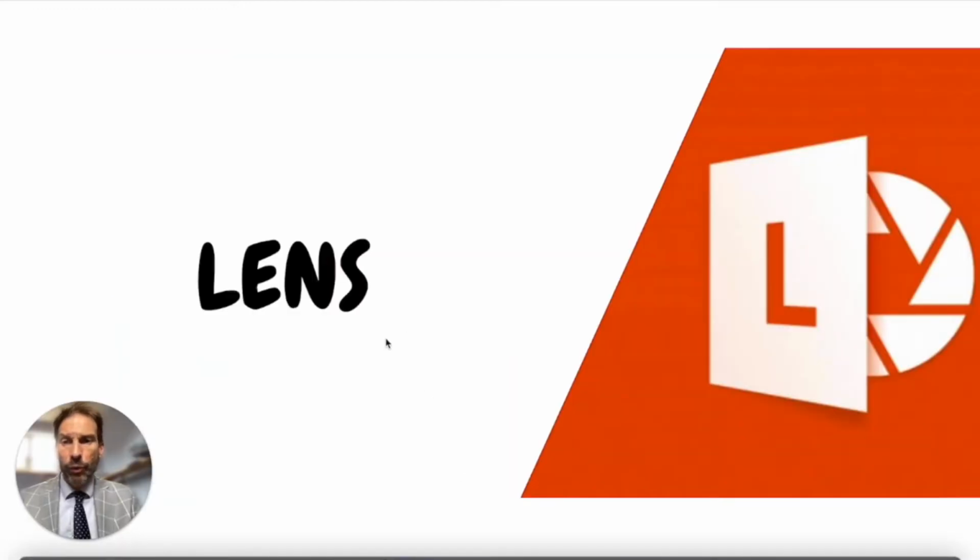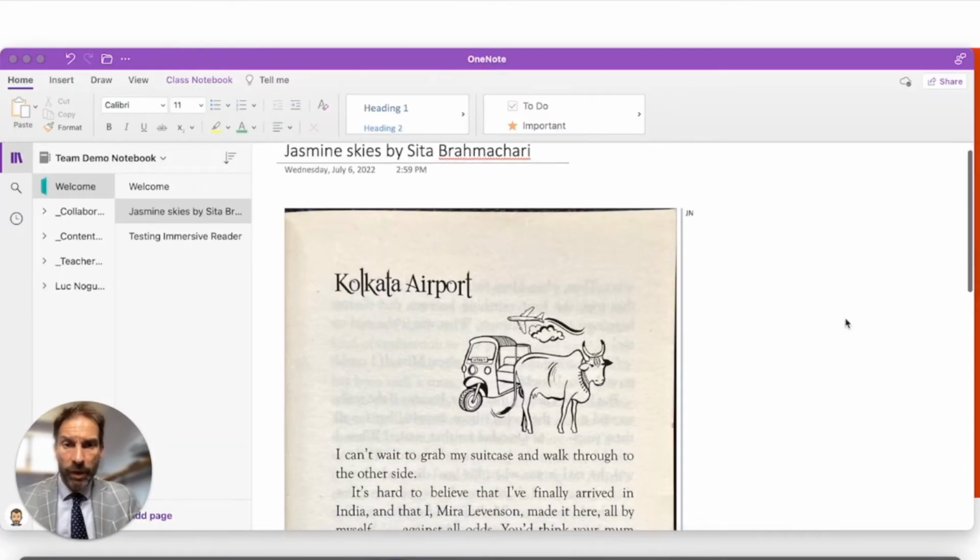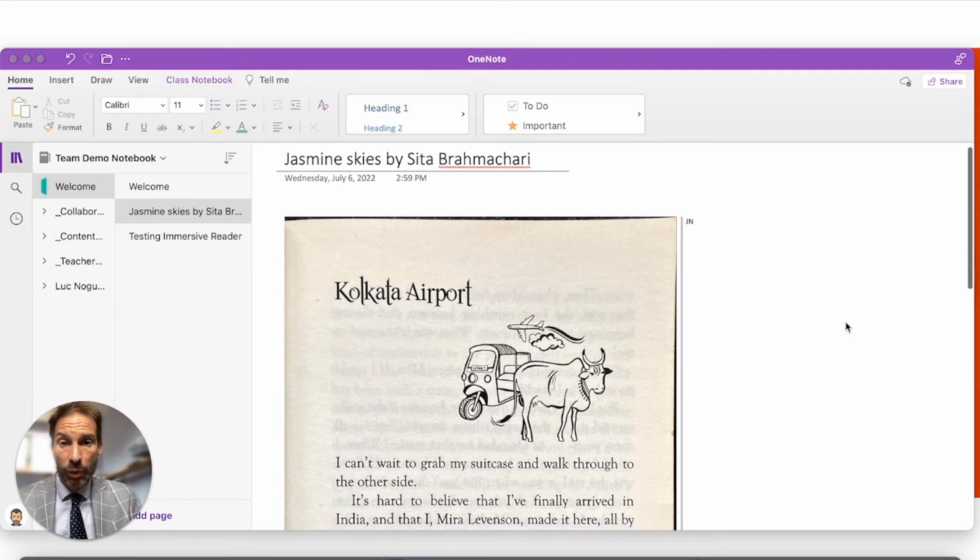Reading can also be improved with a lens that you can find on phones. I'll show you very quickly how it works. I used Lens on my phone, took a picture, and sent it directly into OneNote. You can also have it read in Immersive Reader on your phone, but if you want to pop it into OneNote for virtual references or something, it's probably easier.